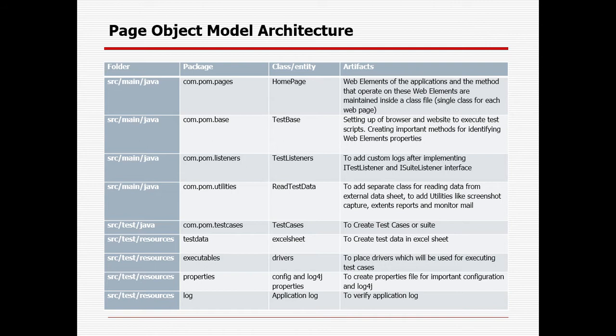In case I want to deal with Selenium WebDriver, and I want to use some classes or interfaces from Selenium WebDriver, then I also need to add the dependency in the POM file for Selenium WebDriver. In case I need to use Extent Report, and I need to read and write data from the Excel sheet, I need to add all the dependencies for Apache POI. So I will slowly let you know how to add dependencies and how to create a framework from scratch, okay?